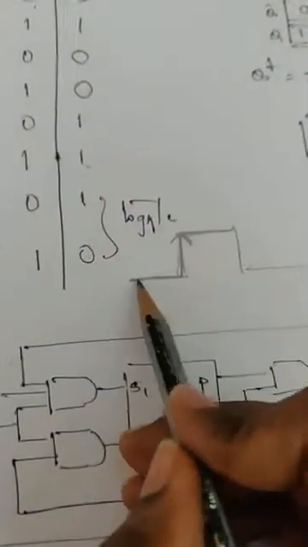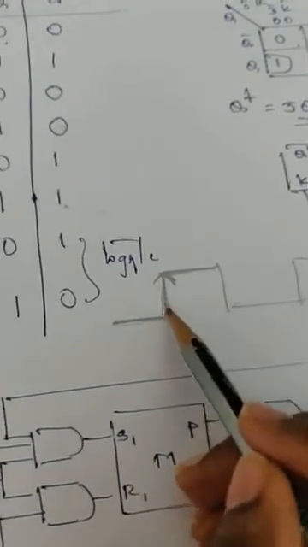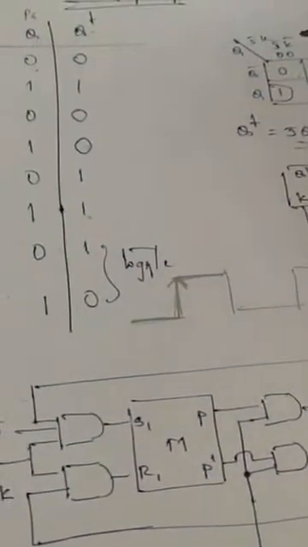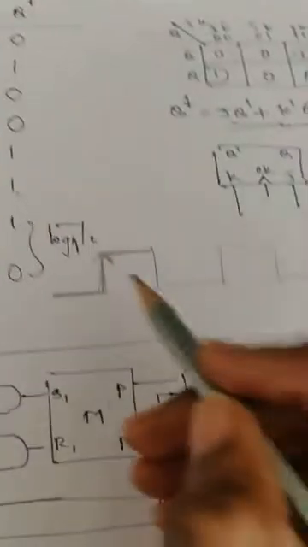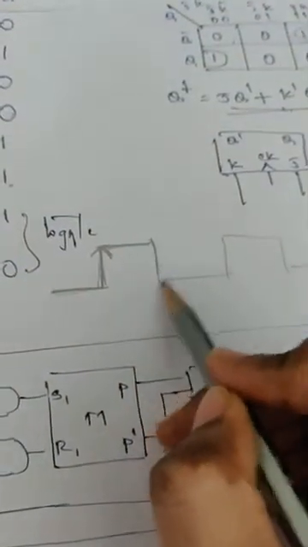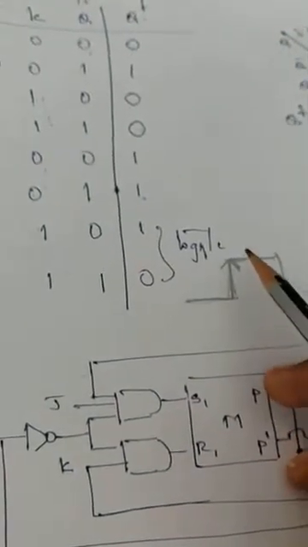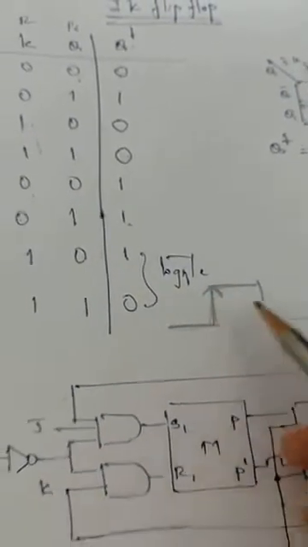So when the clock is here, even if you give 0, 1, 1, 0, whatever, it will wait until the clock moves from 0 to 1, during the positive edge trigger. Then only the output will change. So this is the positive edge trigger. Previously in SR flip-flop we discussed negative edge trigger. There the output will change only during the negative edge. It will wait until the clock falls. But here in JK, the system changes only during the positive edge trigger.